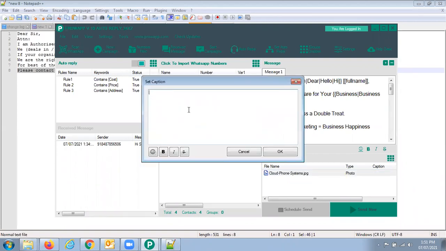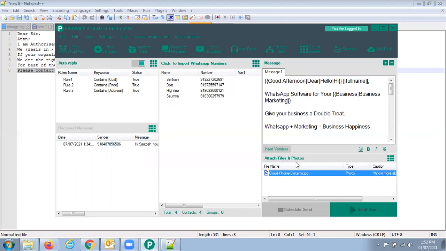I will write here, "Know more about this," just giving you a demo. That's why I'm writing it this way. So this sentence will go along with the image, as a caption at the bottom. If I want to make this bold, I will just do this. You see, stars come at both ends. Wherever the star comes, it will be reflected as bold.